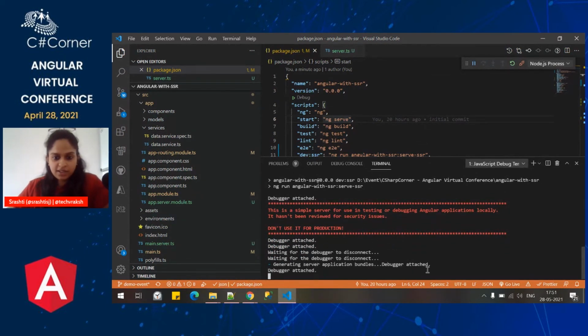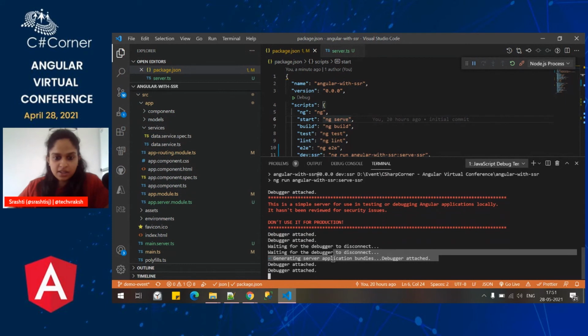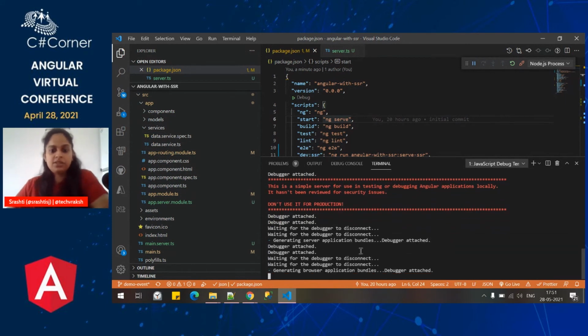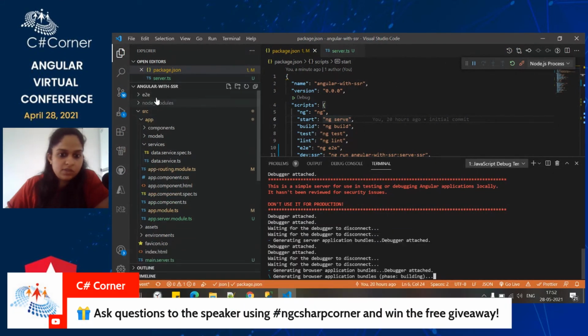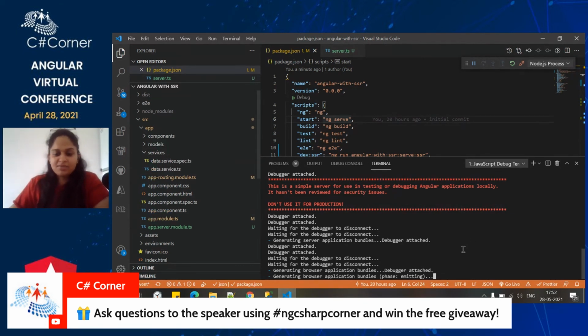Okay, so it is building our application. I'm waiting for this folder. It should appear over here in some time. I won't take much time. I know I am already over the time limit, but it will take hardly 5 minutes.